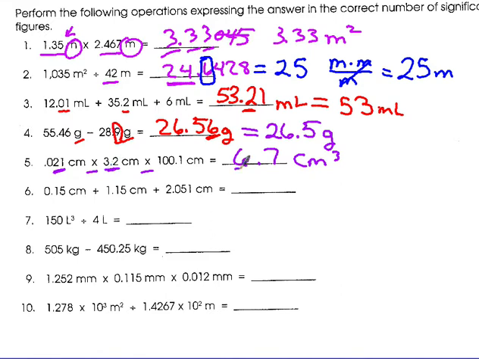So my answer can only have 2 significant digits, even though this one has 4. When I multiply and divide, I can only have the number of significant digits as the least significant in the